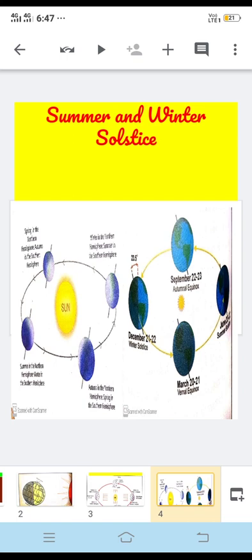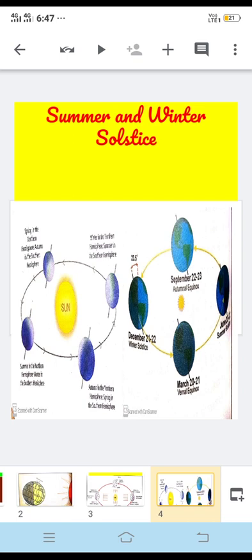Okay, but the areas like the North Pole and South Pole, where the sun rays are not reaching properly, they are not reaching as required, and the sun rays are slanting, they are cross. So this area receives very few rays. Okay, the North Pole is inclined toward the sun, and the places beyond the Arctic Circle experience continuous daylight for 6 months.